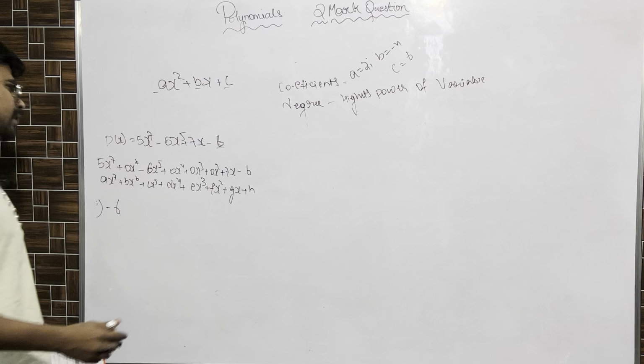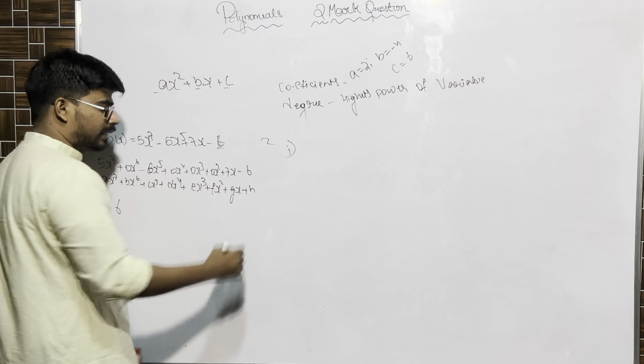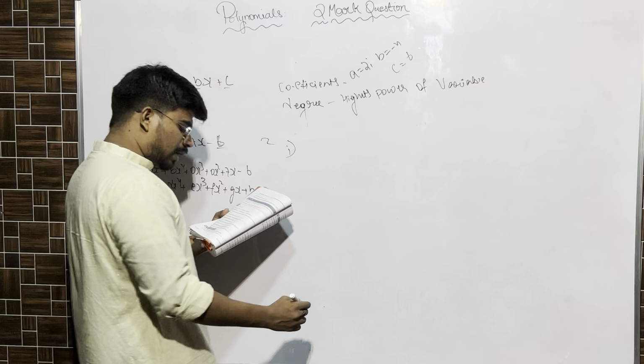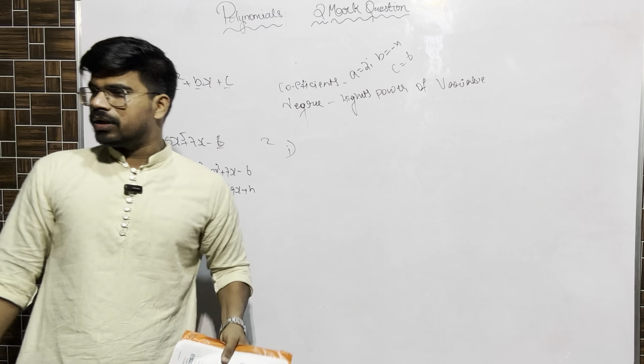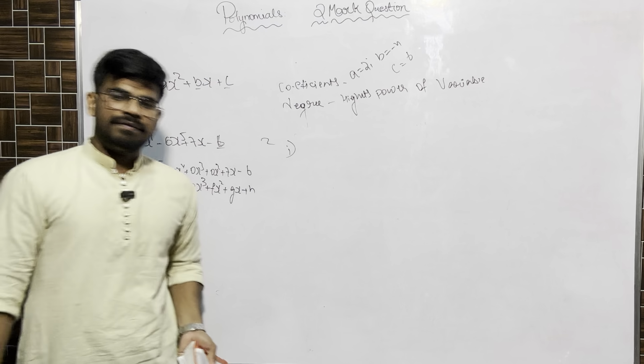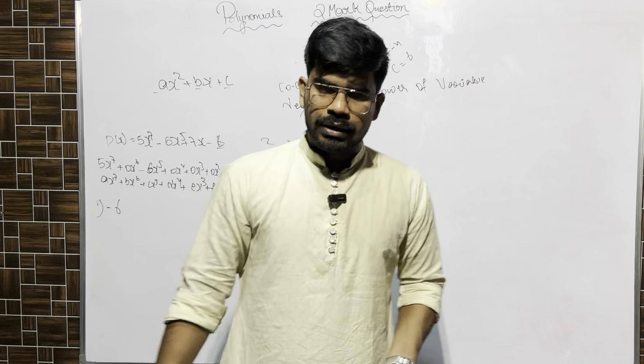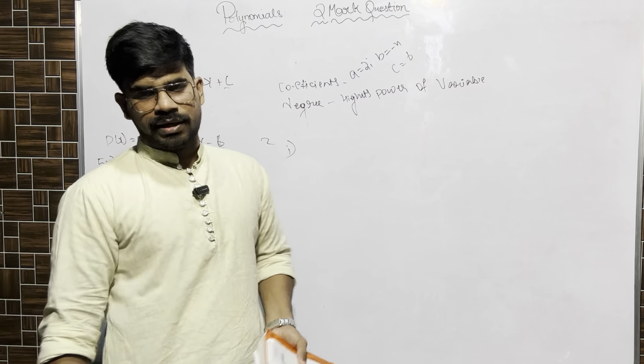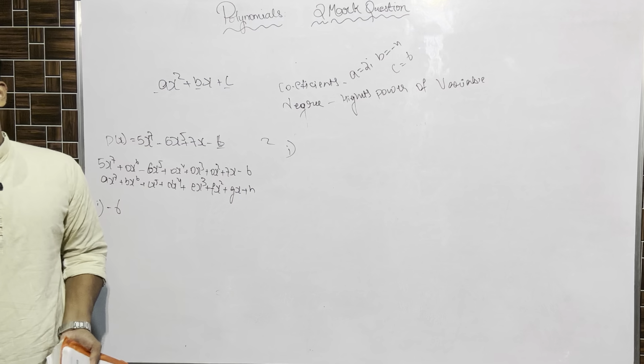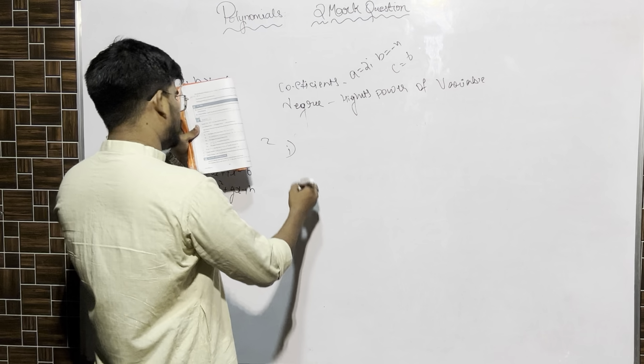Degree. Acha, you are telling the answer. Correct. Right answer. Now we have to write the degree. Now he is telling we just have to tell true or false. If it is true, we just have to agree with that. If it is false, we have to tell the reason why it is false. True or false. If it is true, just agree with that. If false, you have to tell what is the reason for it being false.